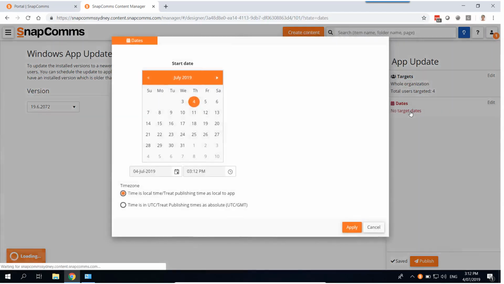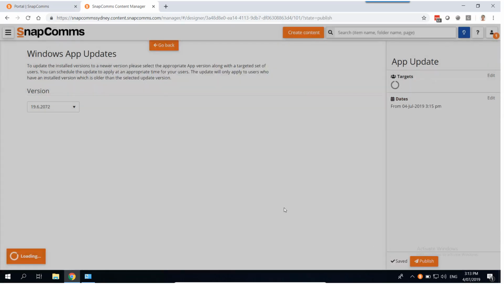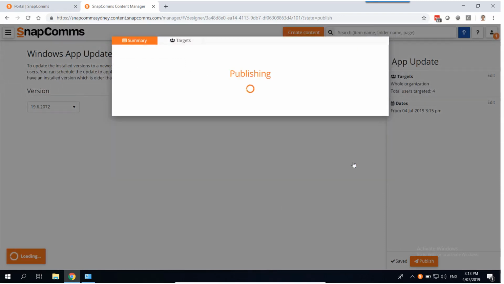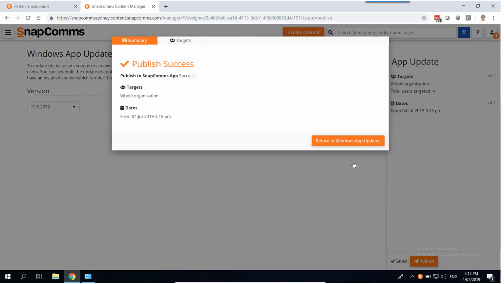Then set the time and date that the new version should be published to existing apps. Any date set to the past will trigger an automatic update of the app once published. Lastly, click Publish. Review your settings and then confirm. The next time your employees' apps connect to the SnapComms server after the scheduled publish date and time, they will